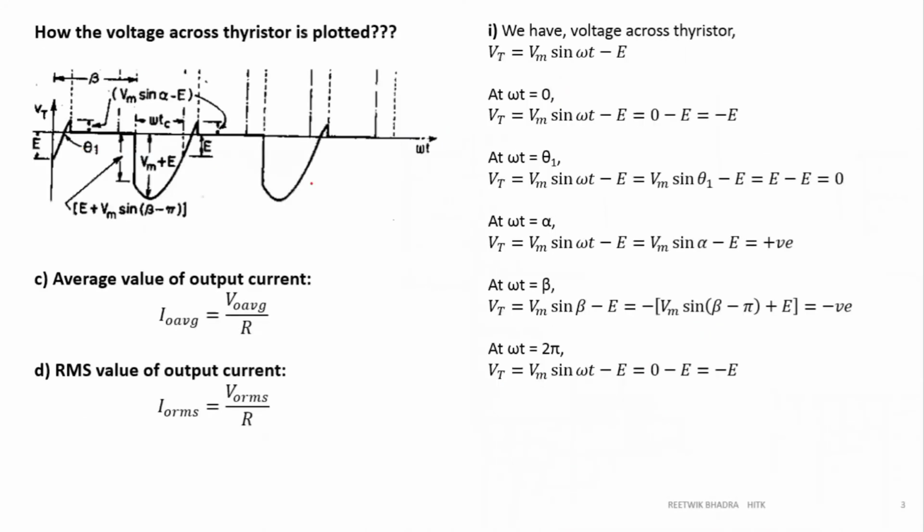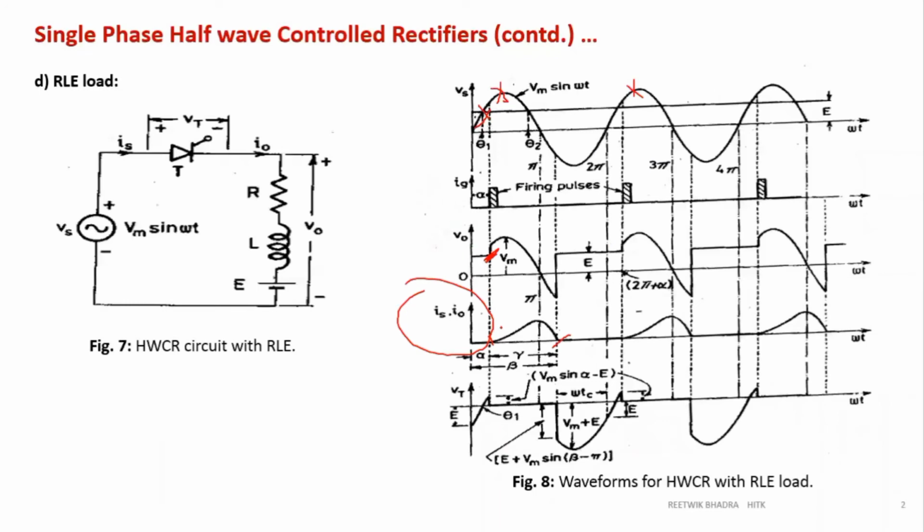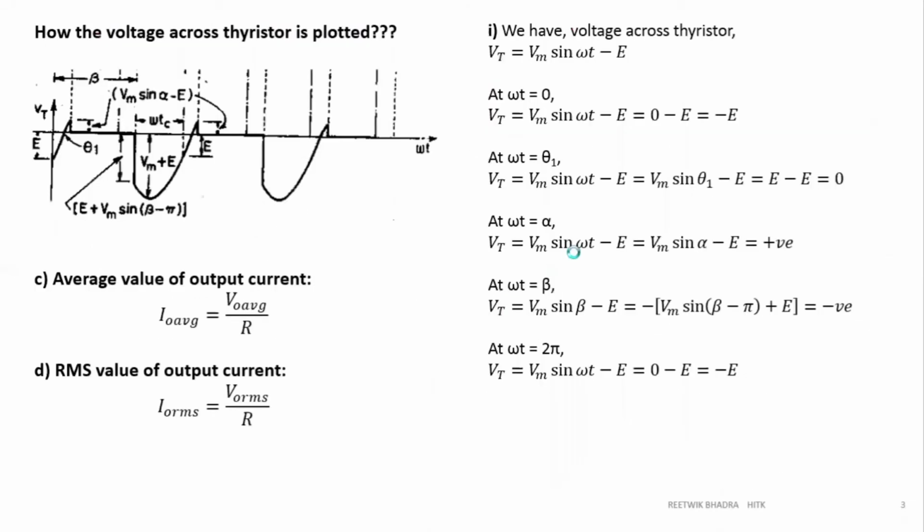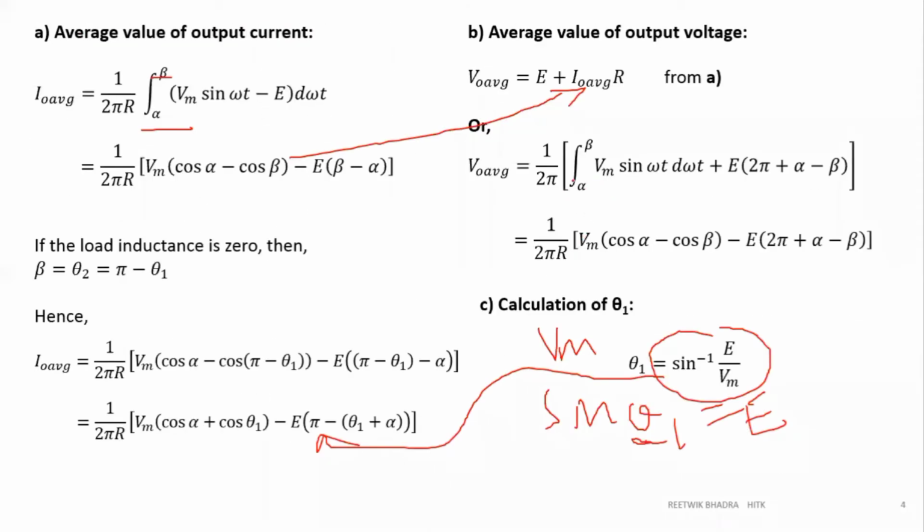Since it is a half wave rectifier, you know the time period is 2 pi, but this waveform is ranging from alpha to beta only. So that's why my limit was alpha to beta. But now you'll see this whole thing is covered over here, there's V naught. So we have to take the entire thing. So that's why now I have taken alpha to beta over here, then added some term.